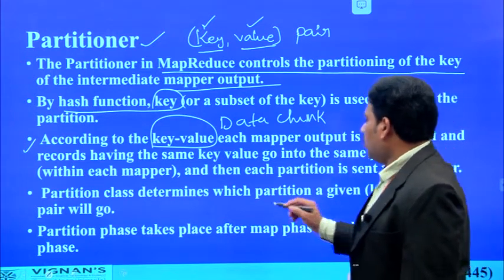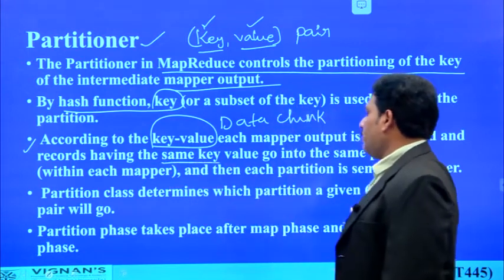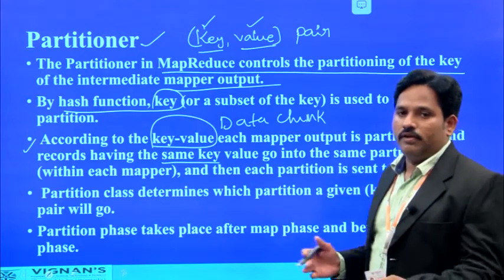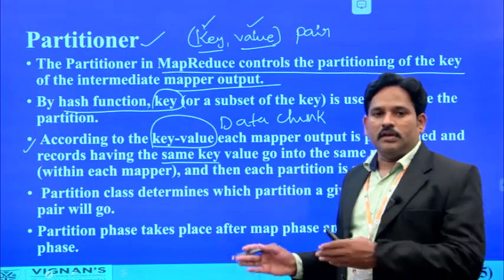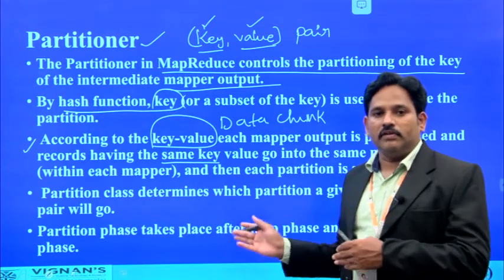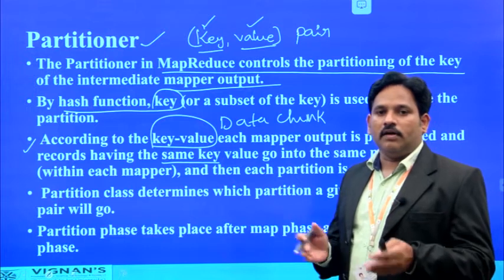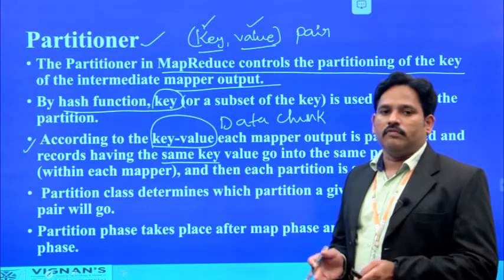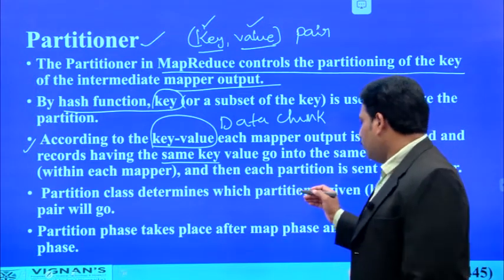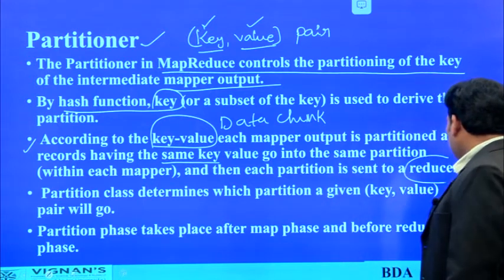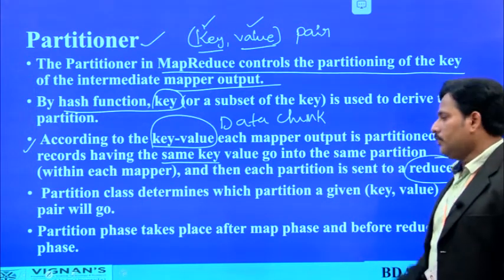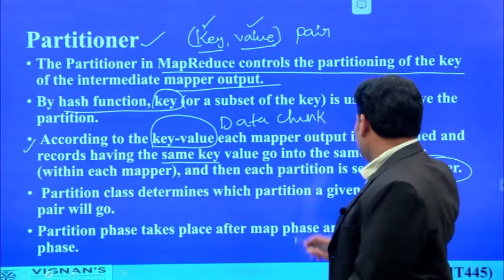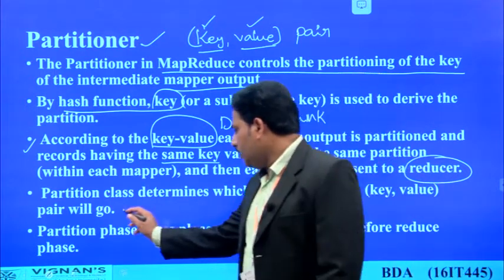Now, let us assume more than one record has the same key value. What will happen? When records have the same key value, that key value is going to be reduced. Reduction here does not mean deleting; it simply applies the merge operation. It will combine all the values with the relevant key, and the count of the values is combined into a single block. That will be done by the application or block called the reducer. Now, what will the partitioner do? The partition class will determine the key value pair for every data chunk.